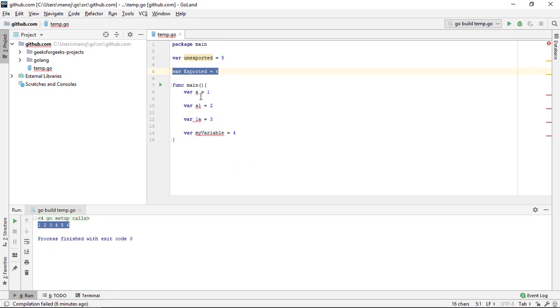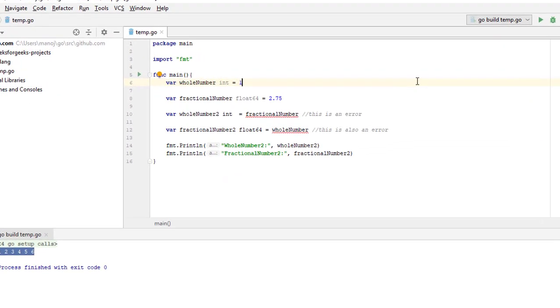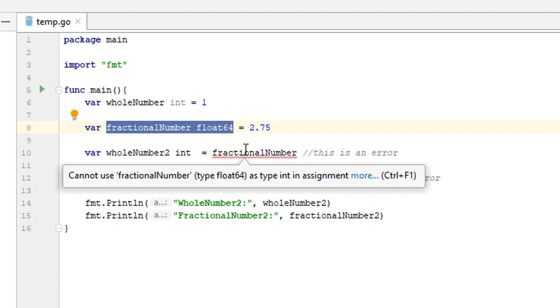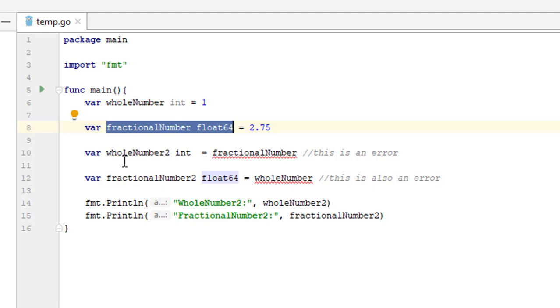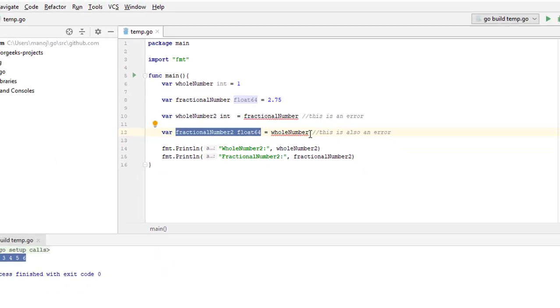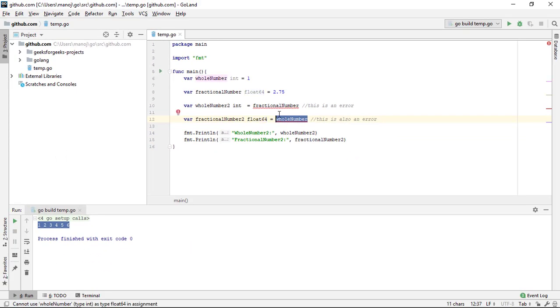You can only assign values of the declared type to a variable. So let's say that we have a variable named wholeNumber, declared as int, and a second variable named fractionalNumber declared as float64. If we try to declare a new variable of the type int named wholeNumber2 and try to assign the fractionalNumber to it, or try to declare a new float64 variable and try to assign a